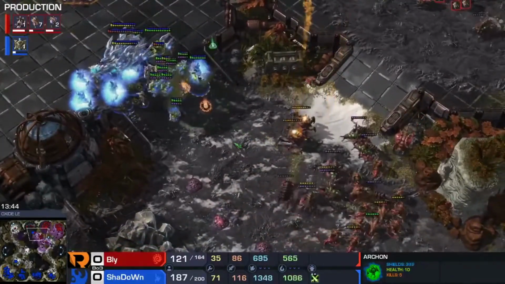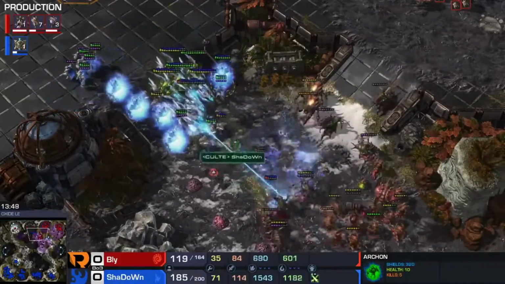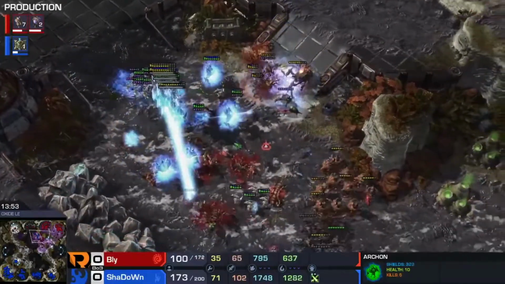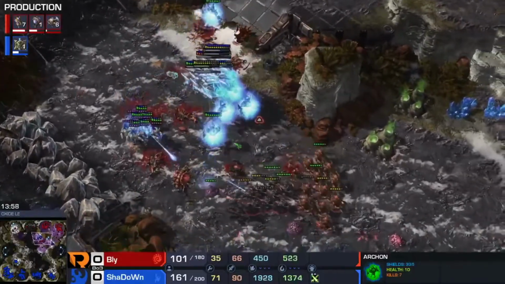Ooh, that's good fungal. Yeah, very nice fungal growth there. One High Templar does manage to get a pretty good storm on top of the queens, but the army is just so strong. ShaDoWn can A move, or a decent storm again on the north side. The south flank is looking pretty good here for Bly. He may...